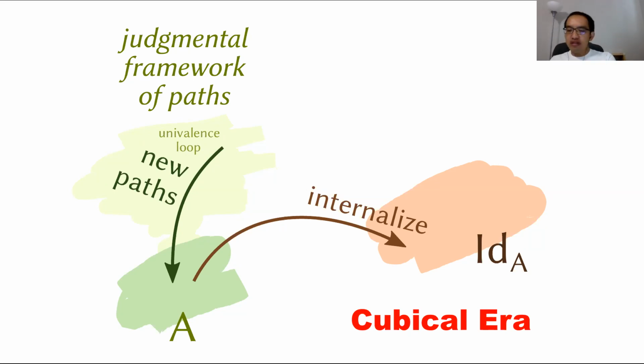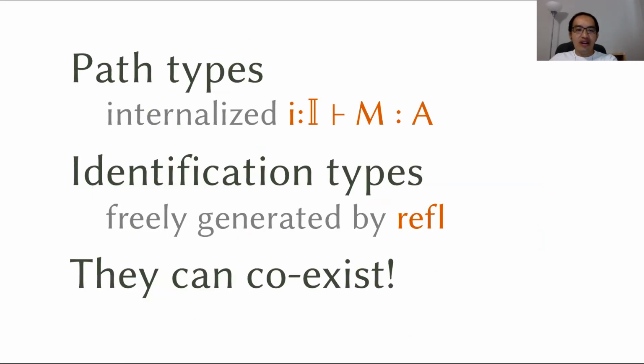Okay, so this sounds very cool, but it then induces lots of new questions. But let me put the question aside because I have another thing that I really want to clarify, which seems to occur lots of time. So we have seen the path types, which is basically internalization of some elements indexed by I. And we have seen the identification types or identity types, which basically is something freely generated by the reflexivity from the homotopy type theory. So people often say that,